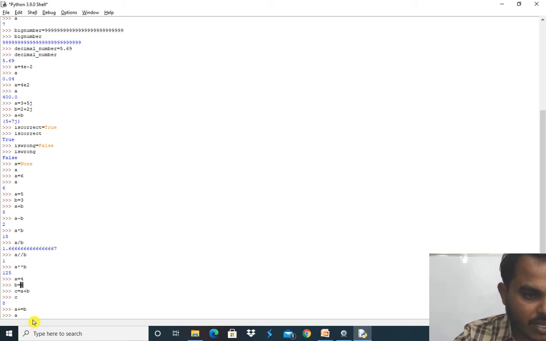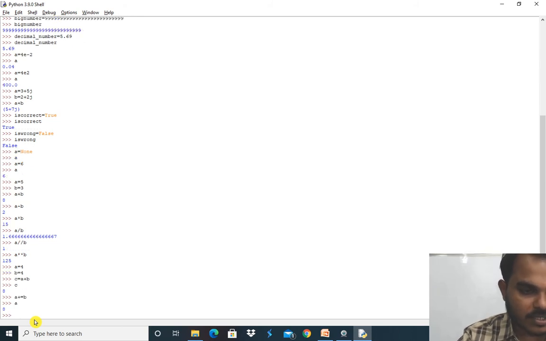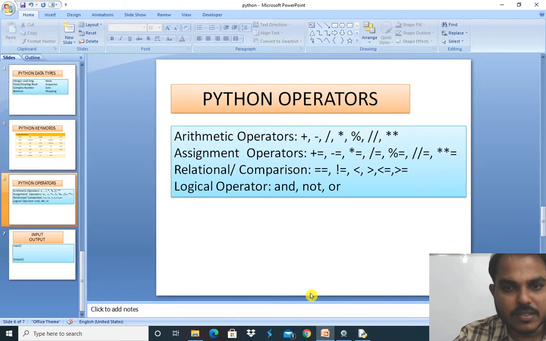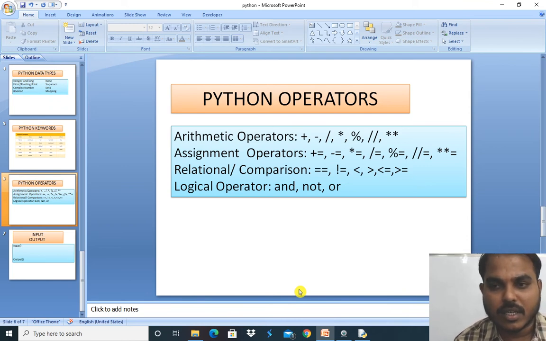Again I am assigning into the a variable only, which is 8. So no need to use an extra variable, the same variable is going to be updated. So these are the assignment operators. Minus equal to is also the same, it operates and gives back to the same variable. All are the same, just try it at home.